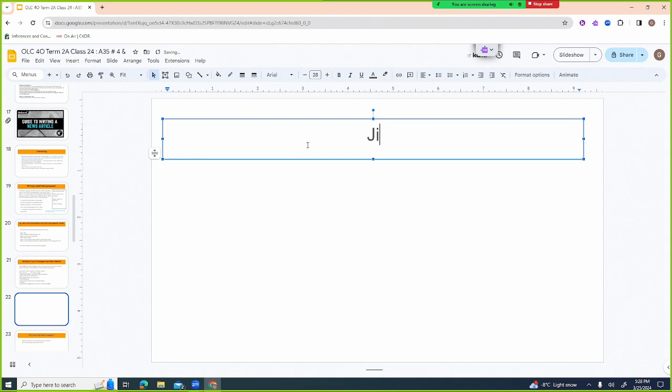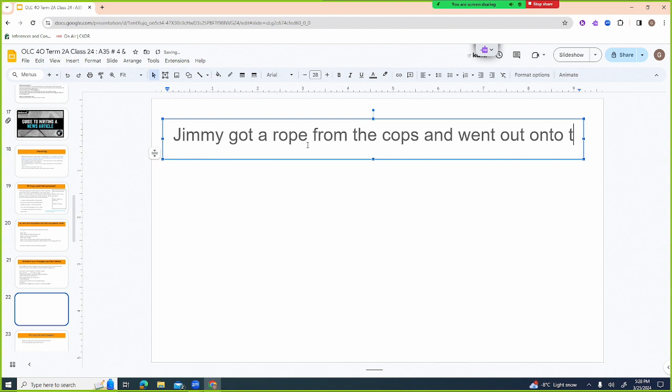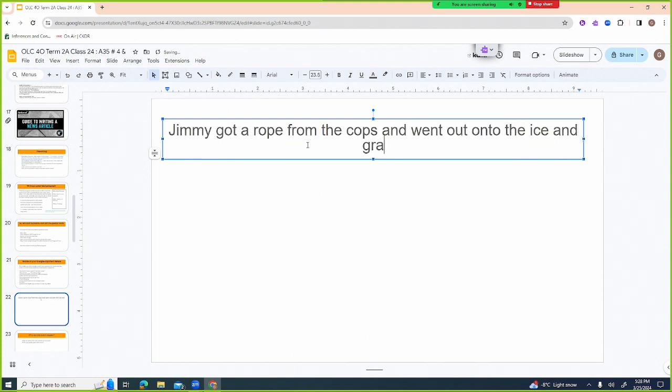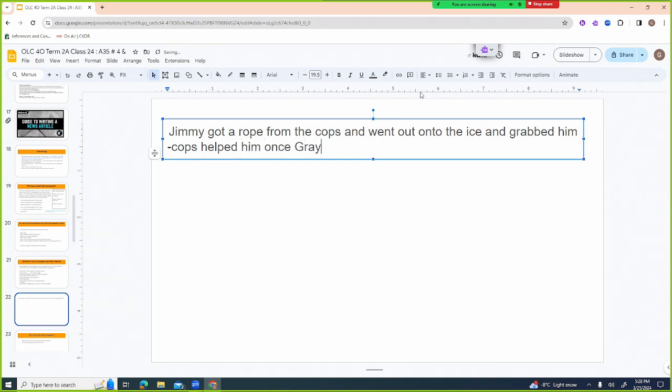Jimmy got a rope from the cops and went out onto the ice and grabbed him. Once he did that, the cops kind of helped him. So cops helped him once Gary was on the ice.